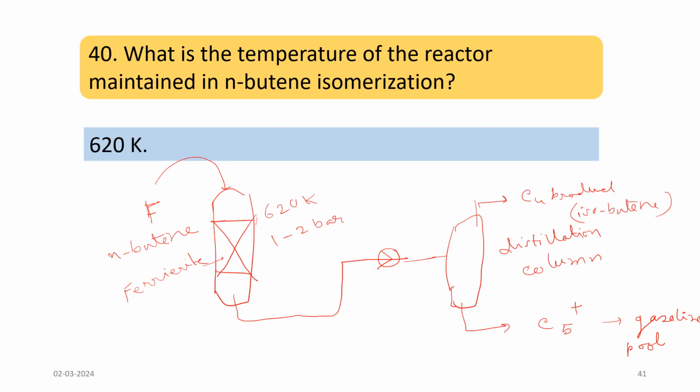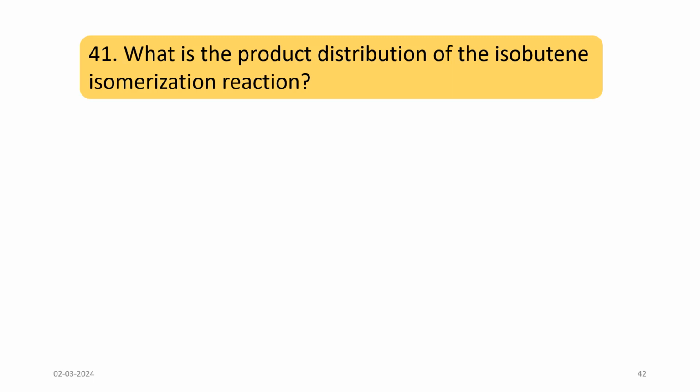So along with the isobutene, mostly 35% of the product is isobutene. 40% of the product is N-butene, which will be recycled again in the reactor for another isomerization process,